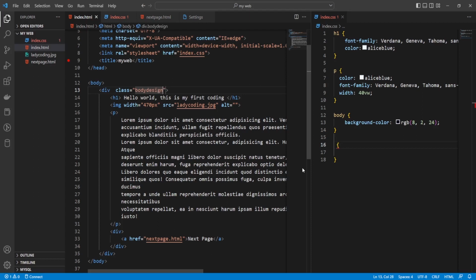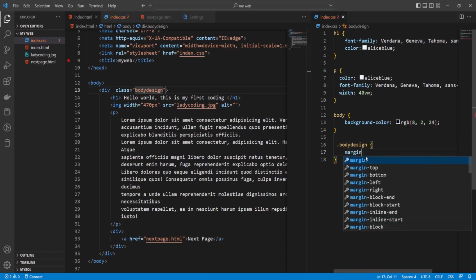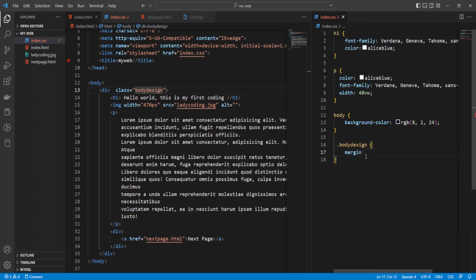So if I want to use this class here, I'll start with a dot, the dot body design. Great. So I'll come down here and give it a margin because I want to pull it out from the right. It's too big there. So I give it a margin of, let's say, 10